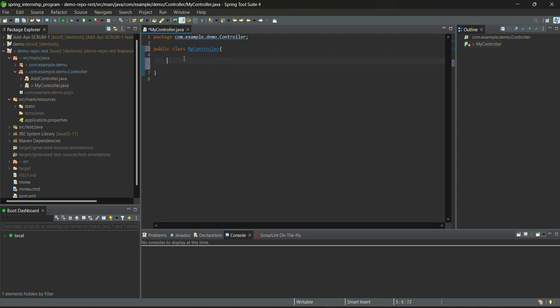In this class I can experiment on annotations. So firstly I can write public int add,